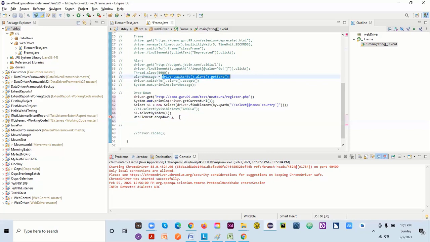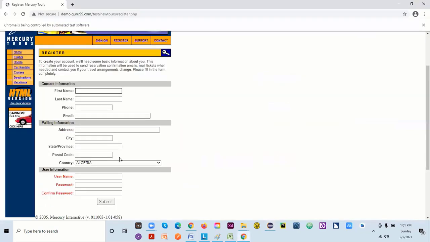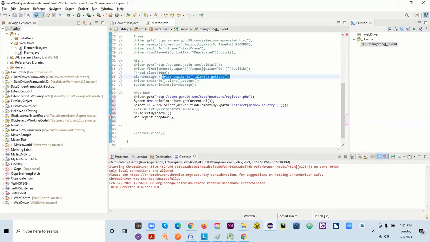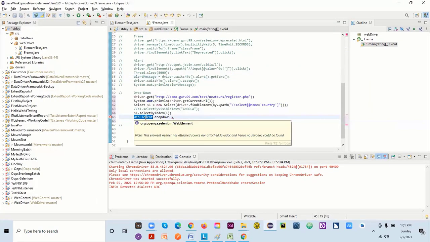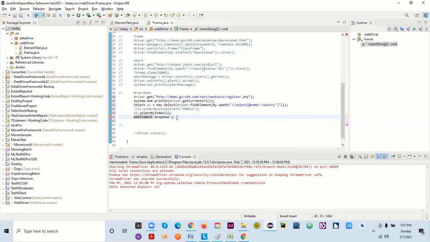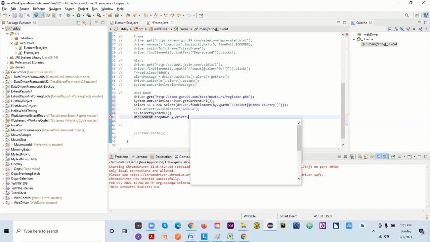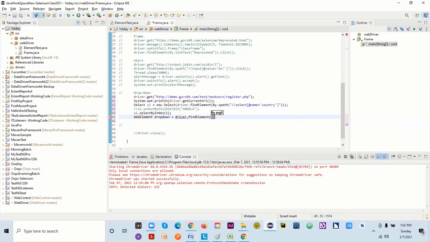Not a text. This is my text, and this is my element, a web element. To hold this, you need a WebElement. It will not be held by a String or integer or any other variable type. So what we'll be doing is saying driver.findElement, and then we'll say By dot.